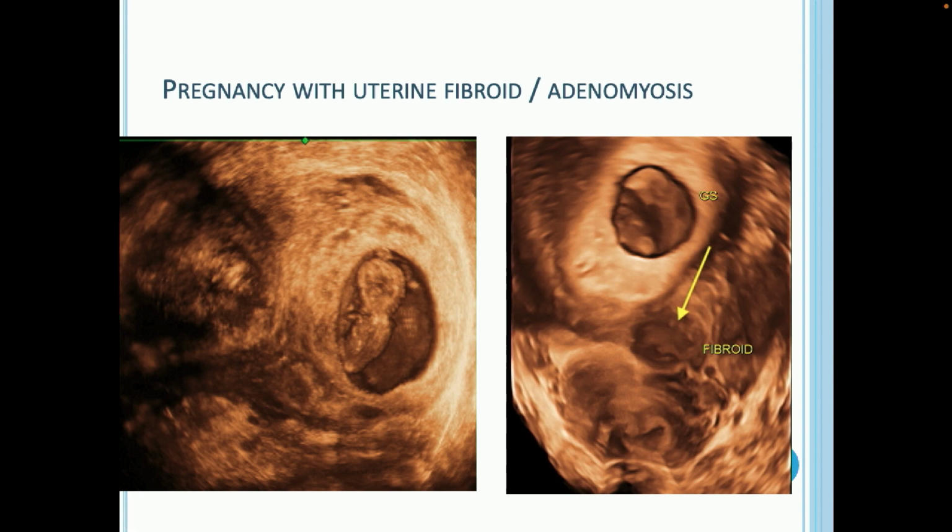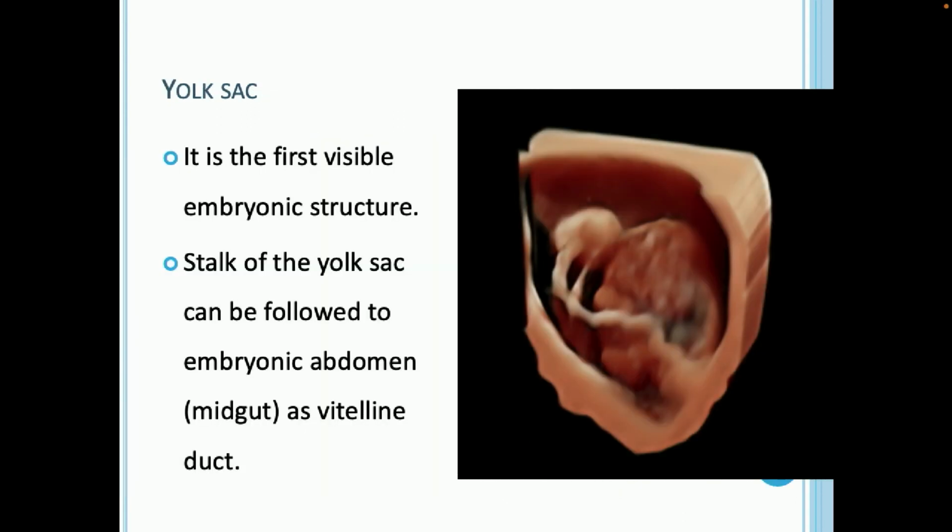When they are on the chorion leaf side, they do not have much significance, especially as we have seen today, also in the morning, when the adenomyosis is too large. Having a pregnancy is not a problem if the endometrium is growing, but it is the second trimester abortions which are a major complication with adenomyosis. Same for the large fibroids also, but the small fibroids may not usually come in the way of growth of